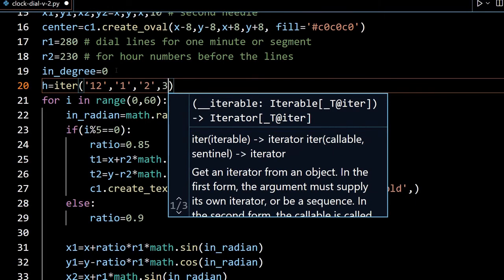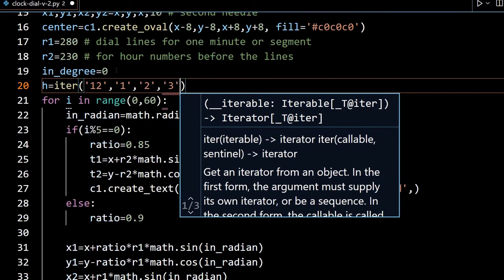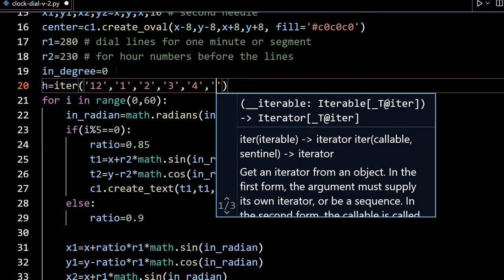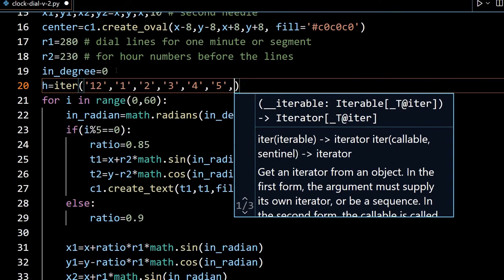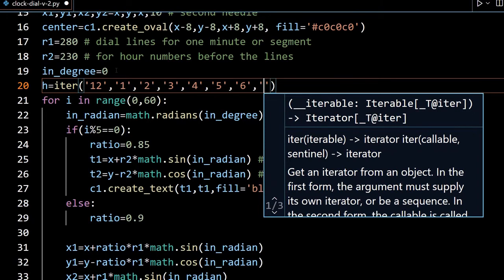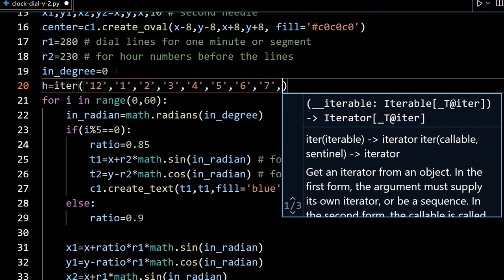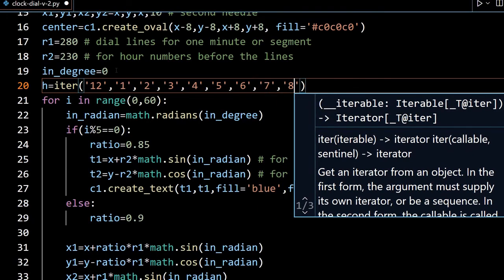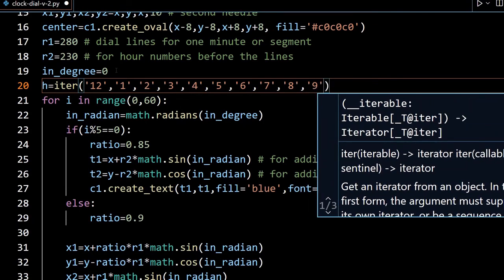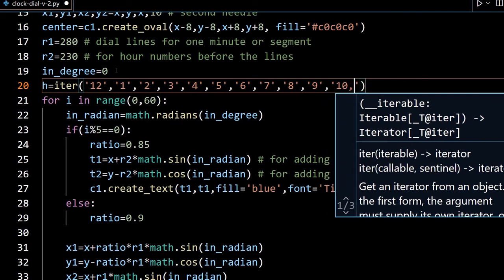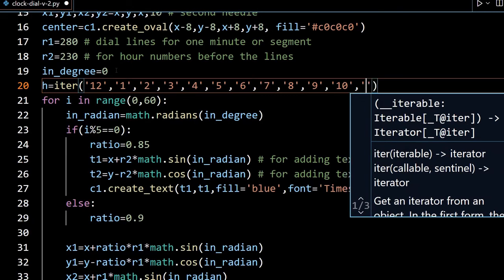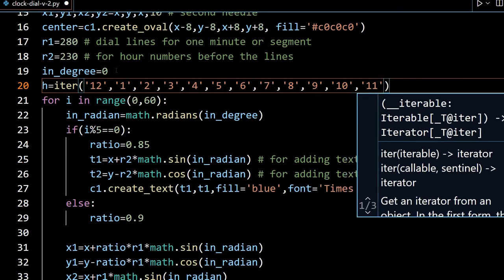And these are strings, 1, 2, 3, now again 4, 5, 6, 7, 8, and these are strings, not numbers. 9 and 10. Where should I stop? I should not go to 12 here. It's 11 only, because my end point will be 11.